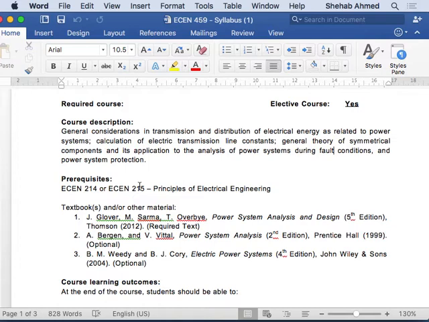Yes, it may be a surprise to some, but it really is the basic of electrical engineering. The basis of electrical engineering is this simple 214 stuff, right? So the AC circuit work that you did at the end of 214 is the basis of the course. So you should be able to, for example,